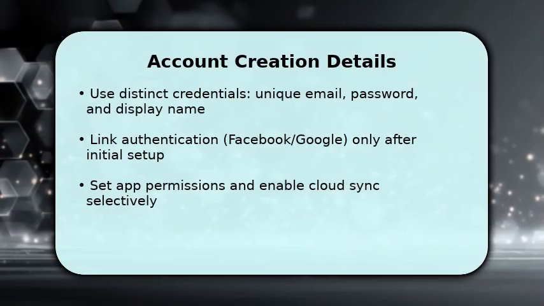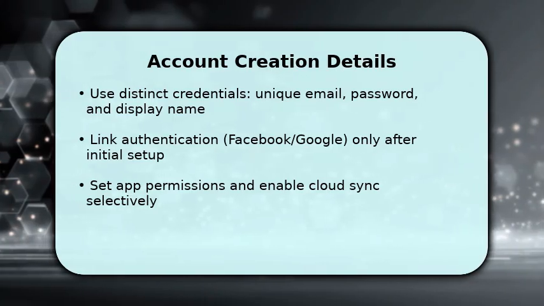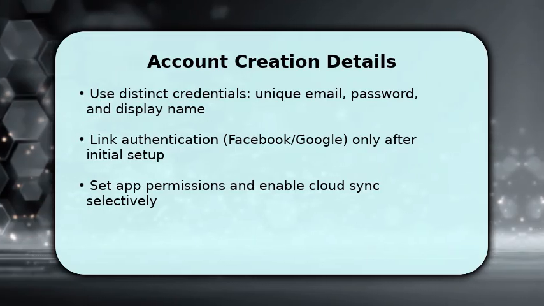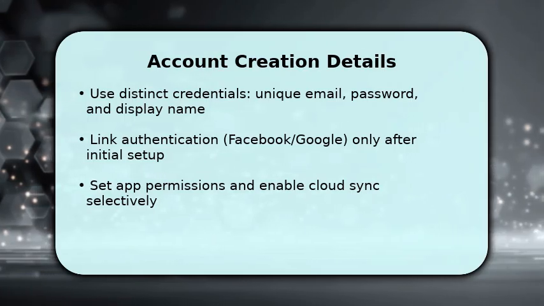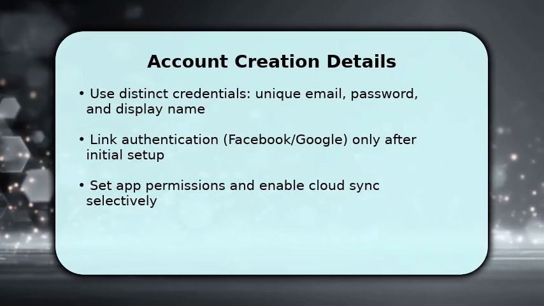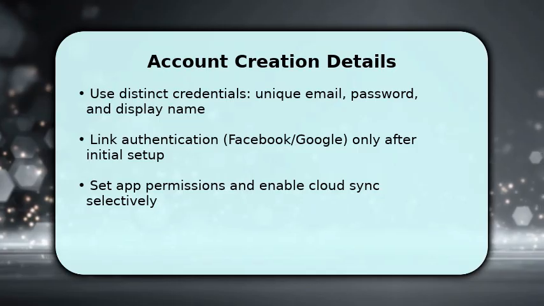You now complete the detailed creation flow. Enter a unique email and strong password, then choose a display name that follows rules. During setup, skip linking to primary social accounts until you confirm the secondary runs correctly. This prevents accidental merges. Configure app permissions for storage and contacts only as needed and enable cloud sync selectively, balancing